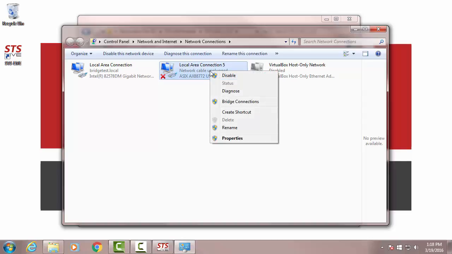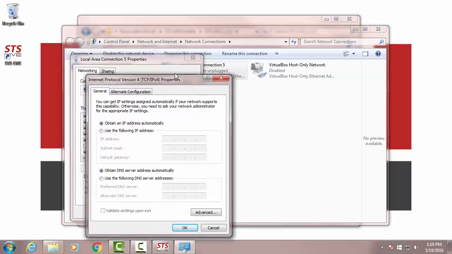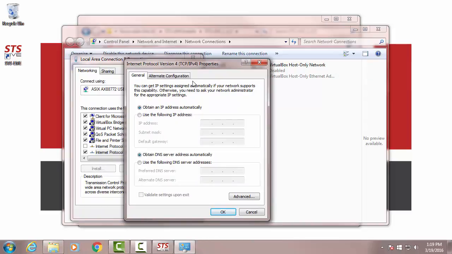So to program this, I'm going to right-click on it, go down to Properties. I'm going to click on the Internet Protocol version for TCP IP v4. Then I'm going to click Properties. Now, most likely, your computer will be set up to the default setting of obtain an IP address automatically. So what we're going to do is we're going to use the following IP address, and I'm going to type in